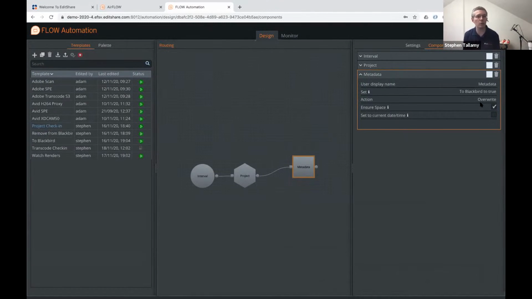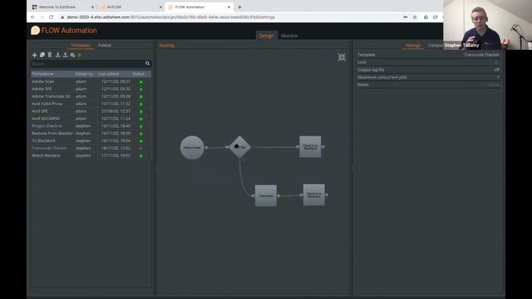We can also set up more sophisticated workflows. So perhaps we might want to do something that has some if conditionals. If it's in a particular frame rate, I might want to send it off to a transcoder to turn it into a common framework, which makes it work really great in Blackbird if you have things all in the same frame rate. So there are much more sophisticated workflows that you can build that help you curate that content automatically so that it sits inside of the Blackbird environment very easily.